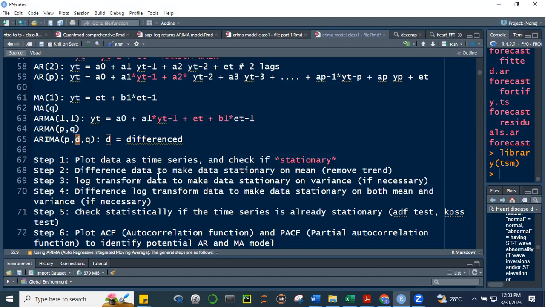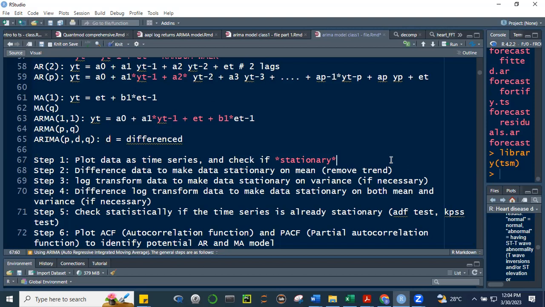If it's an ARIMA 111 process, dinifference natin ng isa, log 1, tapos yung P, yung P? So this is the coefficient for the log 1 ng value niya mismo. Ito naman yung log 1 ng